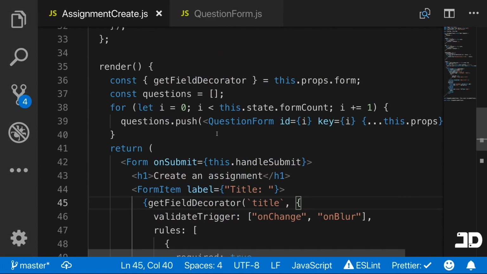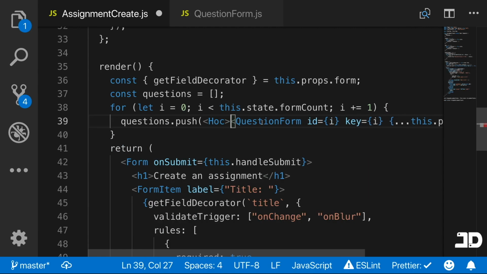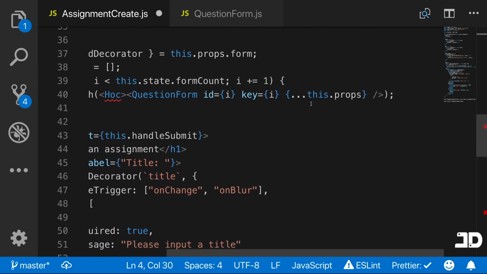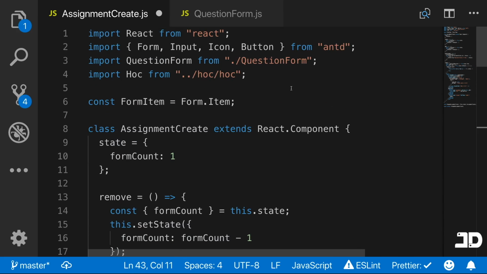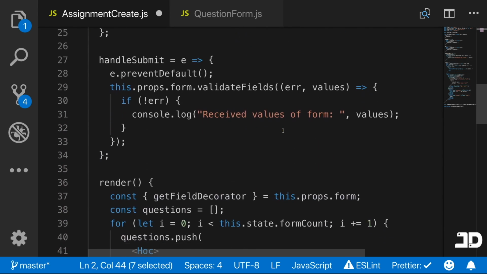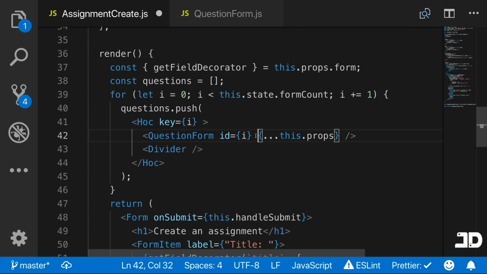So let's go back to the answer create, and we'll wrap this around with an HOC, which we'll actually need to import. So we'll say import HOC from HOC, and then here we will wrap this around like that, and then we'll pass in a divider. A divider basically comes from Ant Design, which is another one of their components, and then we can just simply add it like this. And so now we need to pass the key inside the higher order component,